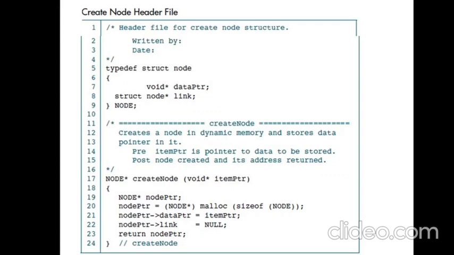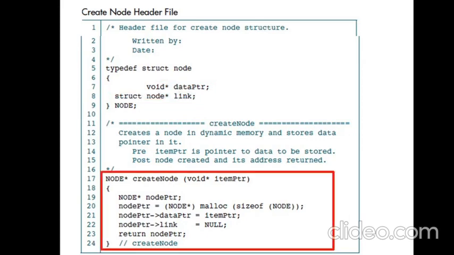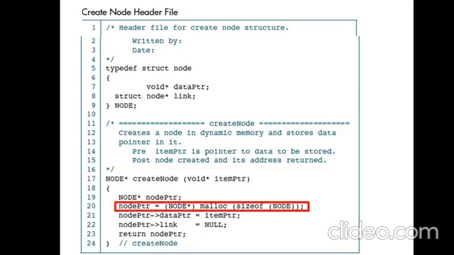This is a sample code where we are creating the node as we discussed. We declared the void pointer as the data, and we create the link pointer. This is the function where we are creating the memory for the node, and this time we are using the malloc function, malloc with the node as node asterisk.